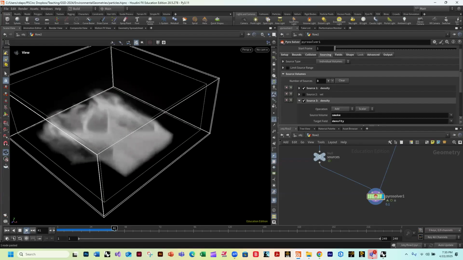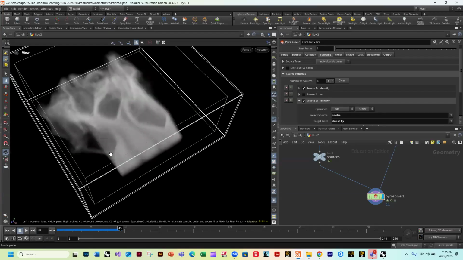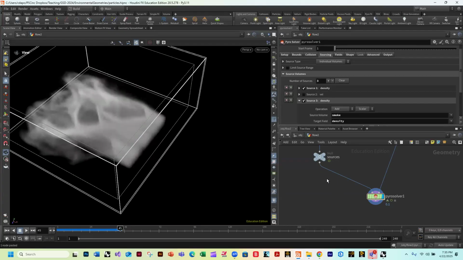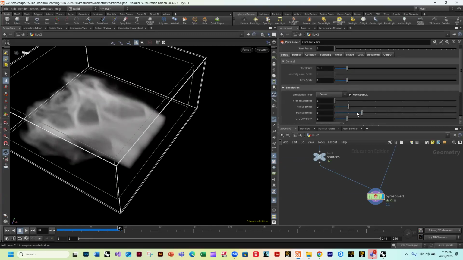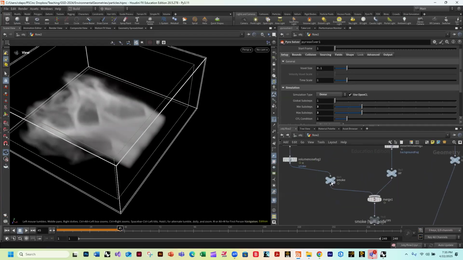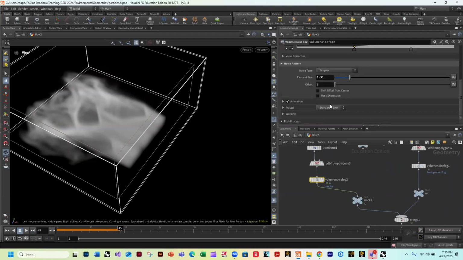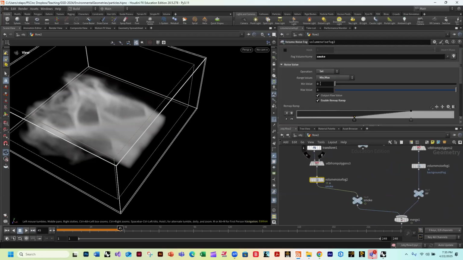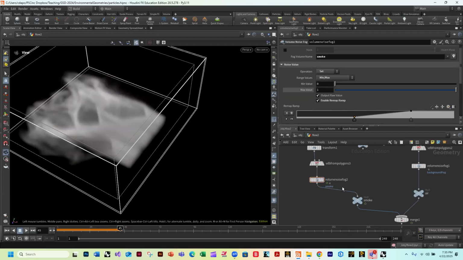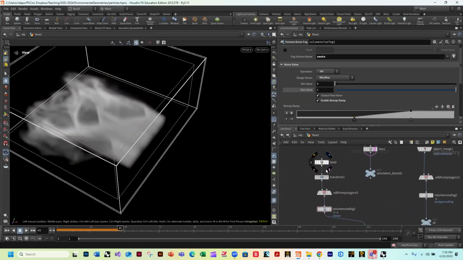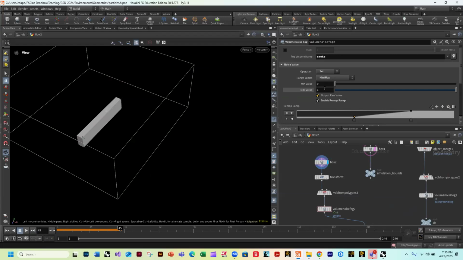we can see all of that. So this little stepping here is because maybe, in my setup, I might need more substeps. Okay, and then this smoke seems a little dense to me, so I'm going to make the minimum value 0, the maximum value 0.5, and then I'm going to maybe also make this box a little bigger,